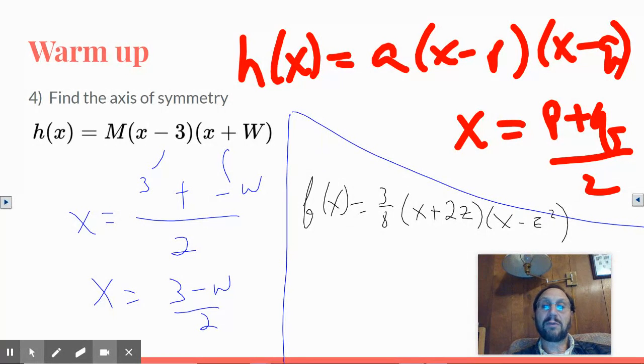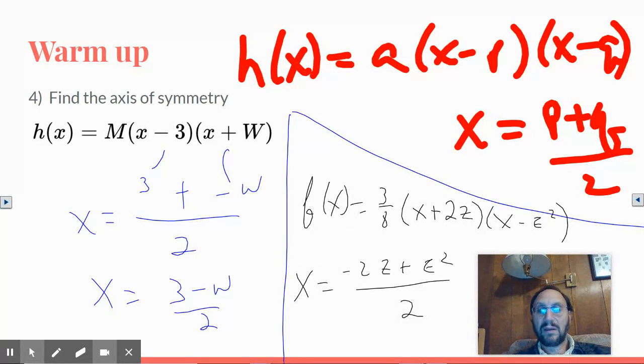Okay, so let's see what we've got for these different parts. So x plus 2z is equal to x minus p. So the p value must be the opposite of 2z. The other one, x minus e squared, is equal to x minus q. That means the q has an e squared in it. So I'm going to put e squared as the other value. Because if it was x minus 5, q would be 5. If it was x plus 17, q would be negative 17. So if it's x minus e squared, q is e squared. So that's a final answer. You could simplify if you wanted to split up the fraction, but that's it. Negative 2z plus e squared all over